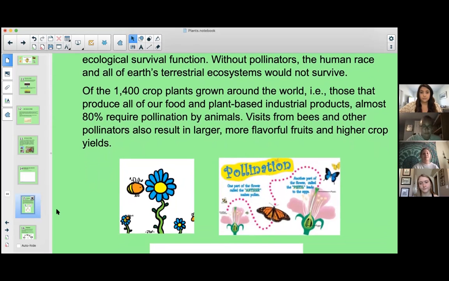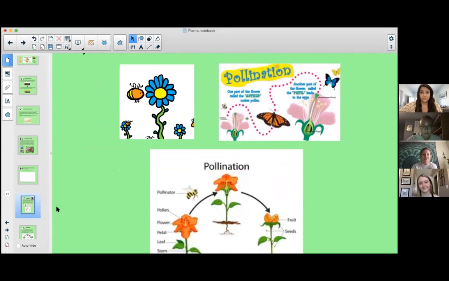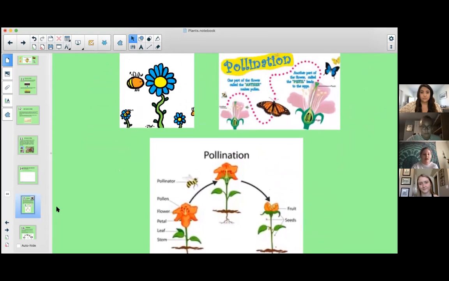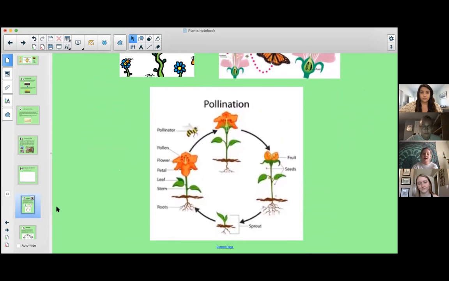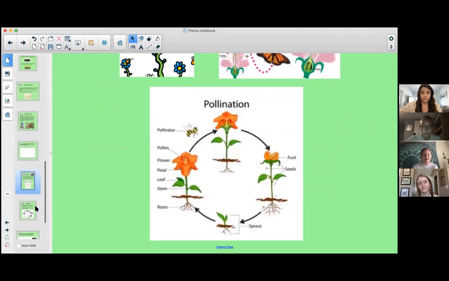Bees can visit other flowers, resulting in larger and more flavorful fruits and higher crop yields. And then as you can see in the pictures, there is the whole process of how the pollinator takes the pollen from the original flower and moves on to another flower. In the next slide,